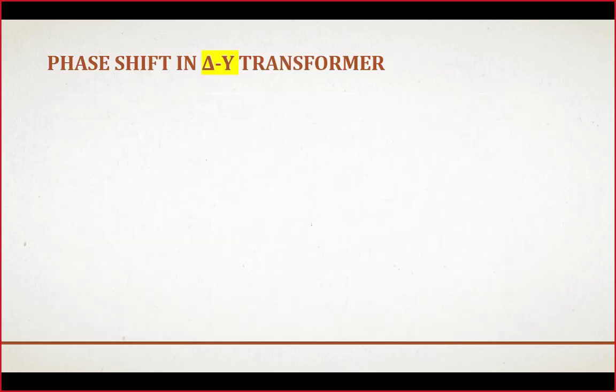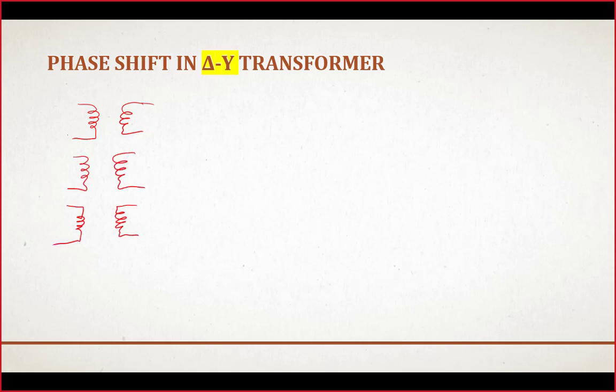Now here we discuss this important concept of phase shift in a delta-Y transformer. We have just seen that in case of a delta, there could be a phase difference between the delta phase and the line current. Now first we will explore what will be the phase difference between a delta current and its corresponding line current. Here I will take two examples, and in parallel I will develop the two diagrams in the form of transformers.